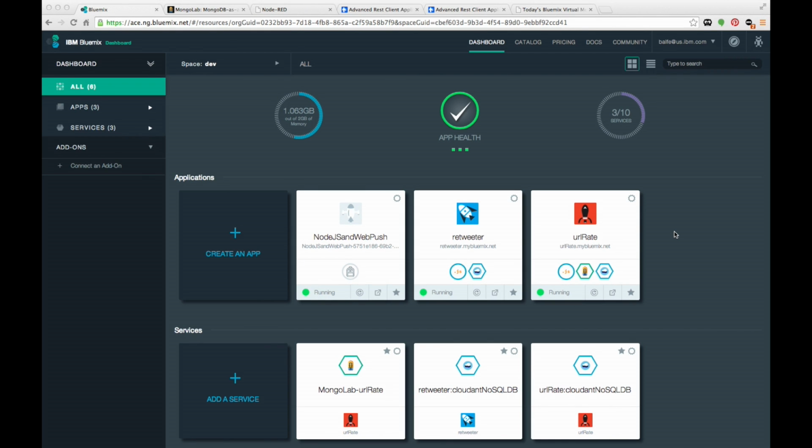Hello and welcome. Today I'm going to show you a new application that I'm starting, and hopefully I'll get it integrated into some other applications very soon. But this is part one in the series, and it's a URL rating application based on Node-RED on the BlueMix